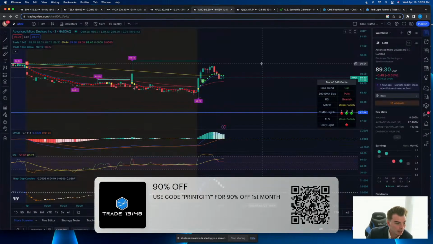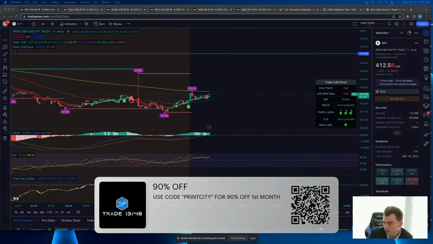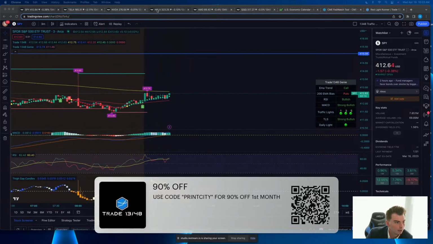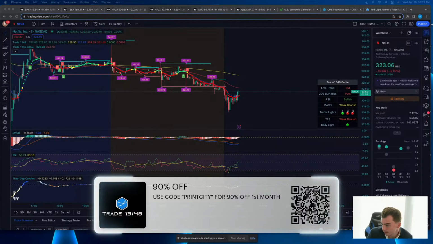NC coming back up, AMD teetering. What's the SPY doing? If you look at it on the 1 minute, it looks absolutely horrendous. You are sort of trying to break out of this range, but even if you threw stops at the low, that's a 4-point move. No thanks. I mean, you'd have to throw it like here. Here it comes a little. Yeah, Netflix back up. Those are dirty.